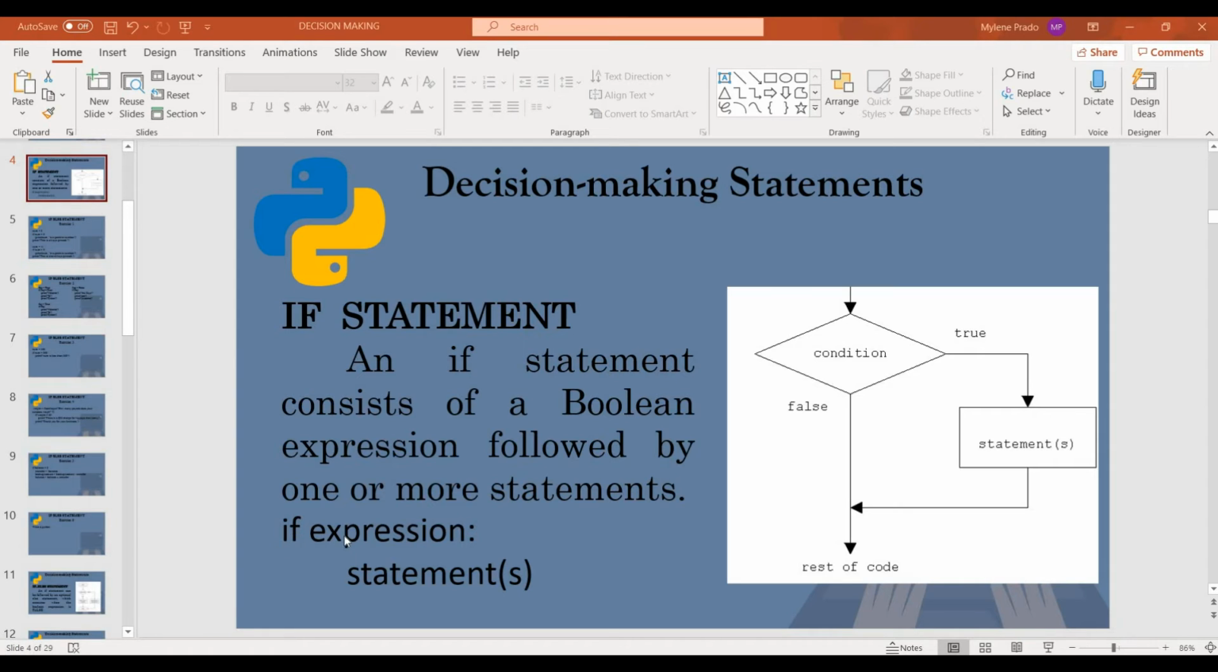So if, and then ano yung condition or yung expression. So kapag na-meet niya yung condition, ano yung mangyayari? So ilalagay natin dito yung statement. So for example, print. So pwede nating ilagay dyan lahat. And then, every after ng condition or yung expression, maglalagay tayo ng colon, and pag in-enter natin, kailangan naka-indent lagi